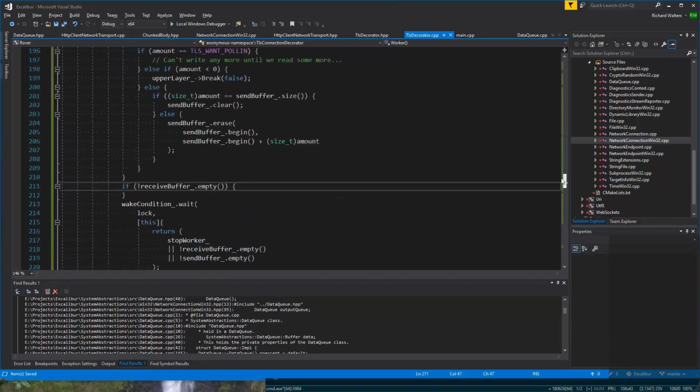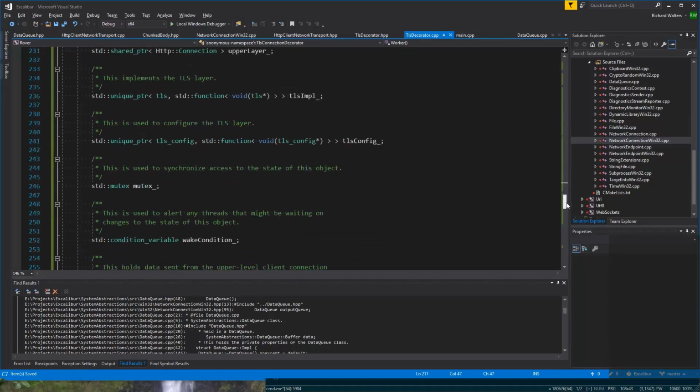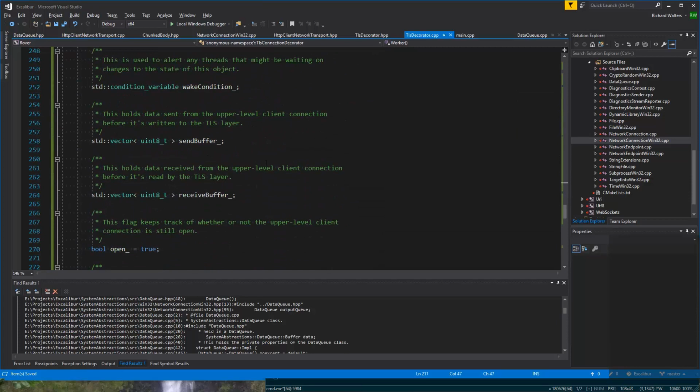Oh, no, not necessarily. So I just need to have like a scratch space. So something like,